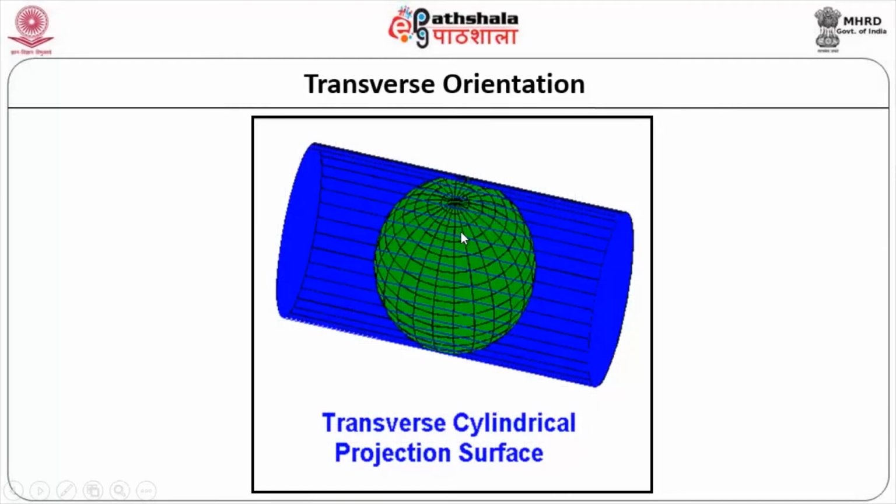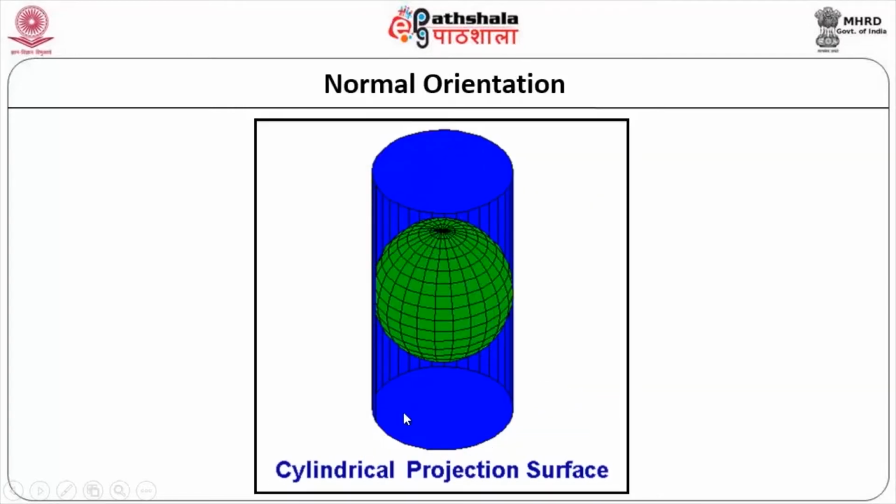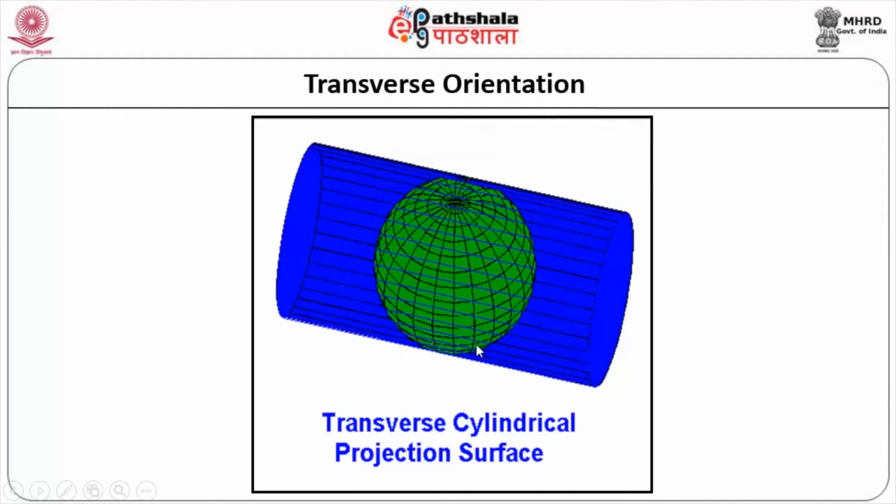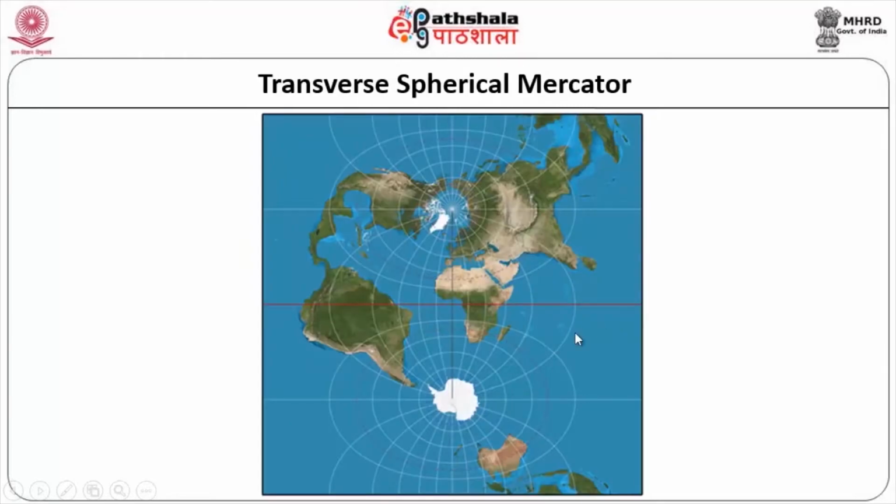And this is your transverse orientation, slightly different from here. In this case you see the line was a vertical line, whereas in this case it is inclined. Transverse to the cylindrical projection surface, how is it there? So, when you try to open it up here, there will be slight variation. You can see here the centers. So, this is your polar surfaces, both of them are there, and you will find there will be a variation, and it will be more spherical in nature.